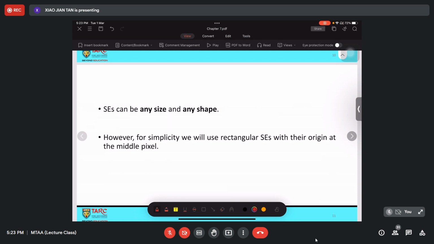It's very important for you to know this in order to answer different kinds of questions with different structure elements. However, for simplicity, we will use a rectangular SE with its origin at the middle pixel.